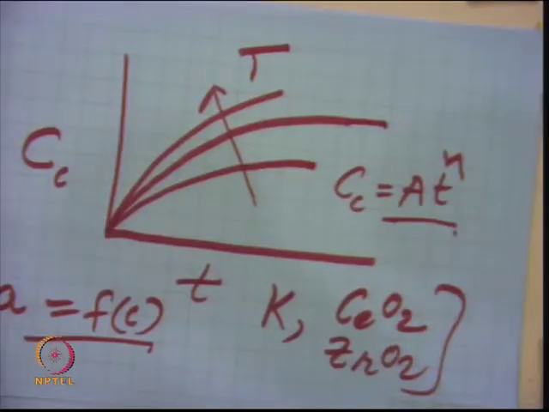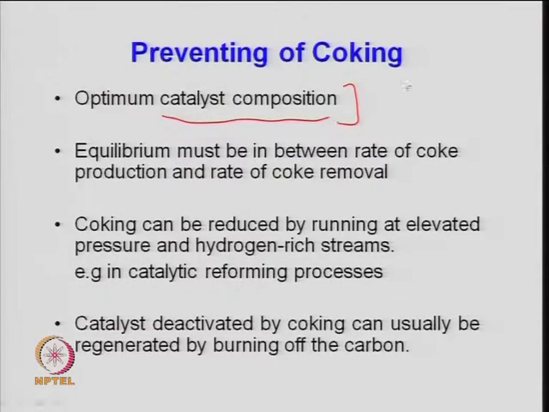So, it means acidity is to be controlled. I am not saying acidity is to be reduced, because the main reaction rate will also decrease when you decrease the acidity, especially when you have a cracking type of reaction. So, one needs to optimize the conditions. Temperature is one thing, because high temperature favors coke formation. If you have a higher temperature, more coke will form during the reaction.